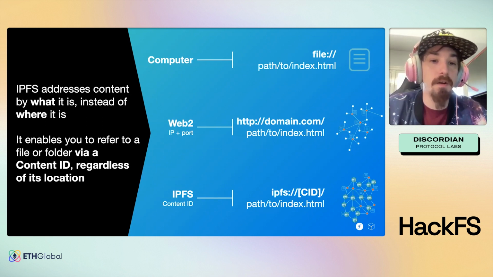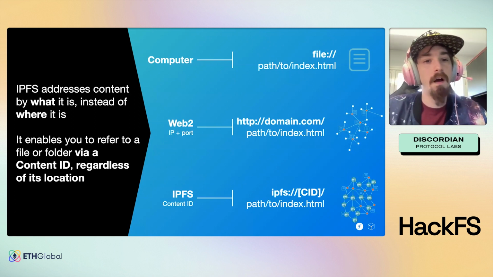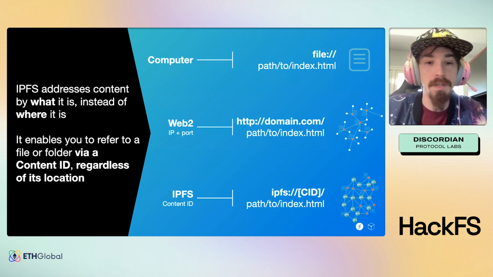With IPFS, we're also obtaining files from a remote location. However, the key difference here is that we don't need to know the location of the content, but instead what is called a content identifier. Ultimately, the content can be at one or several locations, but as we will see, it does not matter anymore where it is. We switch from a location-based identifier to content addressing by using a CID.